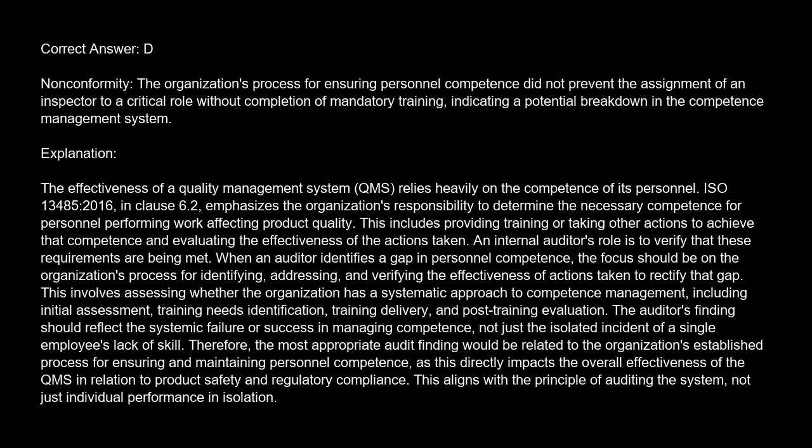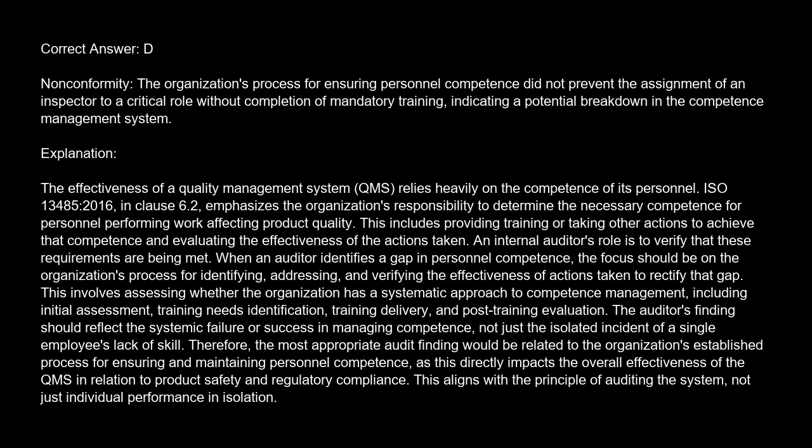The correct answer is D. Nonconformity. The organization's process for ensuring personnel competence did not prevent the assignment of an inspector to a critical role without completion of mandatory training, indicating a potential breakdown in the competence management system. Explanation. The effectiveness of a quality management system, QMS, relies heavily on the competence of its personnel. ISO